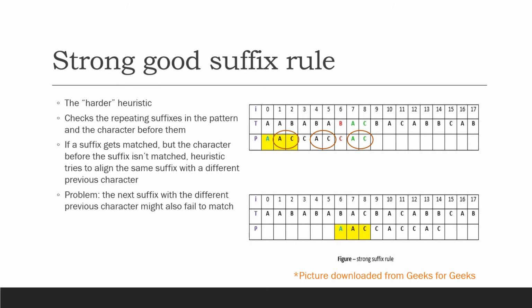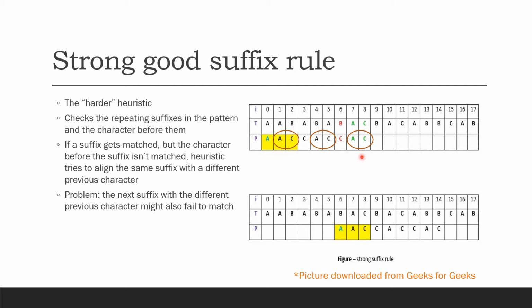First I will say something about the weak-good suffix rule specified in the original Boyer-Moore algorithm. The weak-good suffix rule keeps track of all the suffixes in the pattern. In this example, AC, we can see it occurring 3 times throughout the pattern. If the rightmost suffix gets matched but a mismatch occurs on the next character to the left, the weak-good suffix